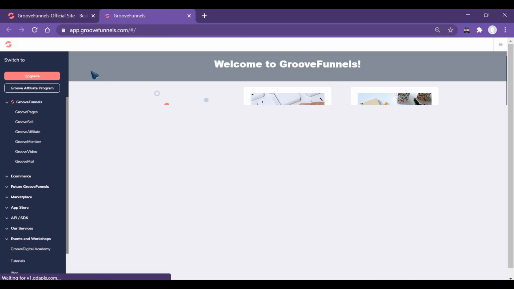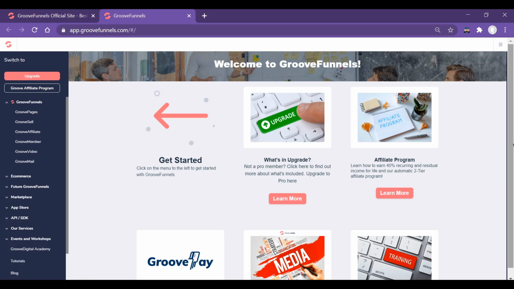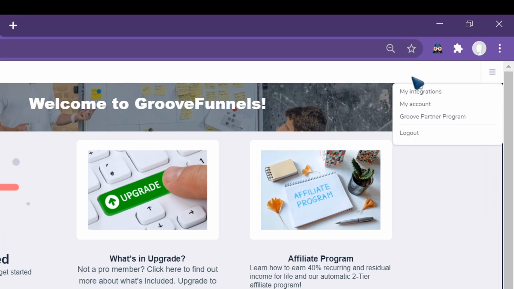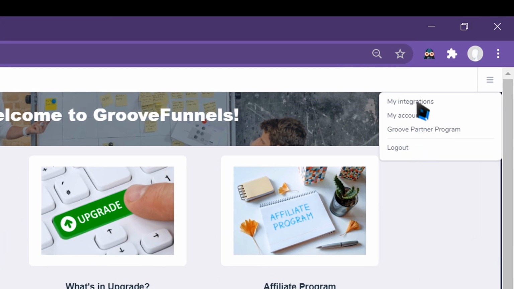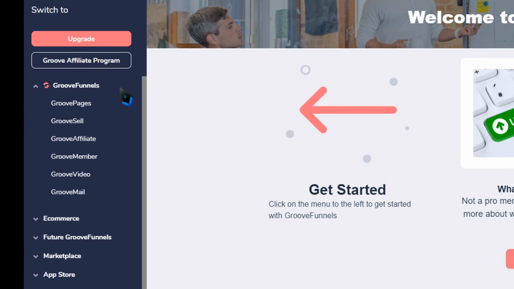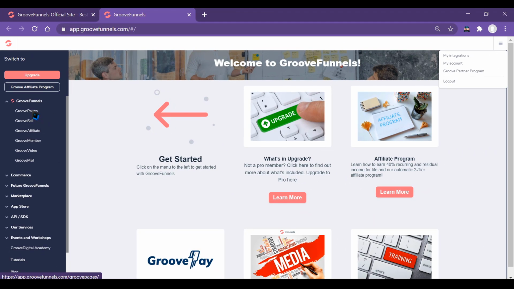When you log in with this account, you will have this whole dashboard, where you can navigate with your account, your integration. I'm gonna tell you about the integration later. First of all, let's go with this. So here are the tools within the software that you need to create a landing page. Let's take a look at the landing page we can build with this software.